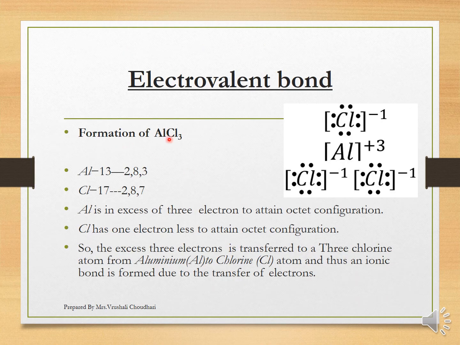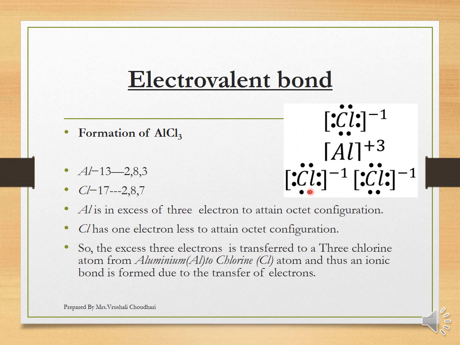Formation of aluminium trichloride. Aluminium configuration is 2, 8, 3, with 3 electrons in the outermost orbit. Aluminium tries to lose these 3 electrons to complete its octet. Who is going to gain these electrons? Chlorine. Configuration is 2, 8, 7, so only 1 electron is required. As the aluminium has 3 excess electrons, it is going to give these 3 electrons to 3 different chlorine